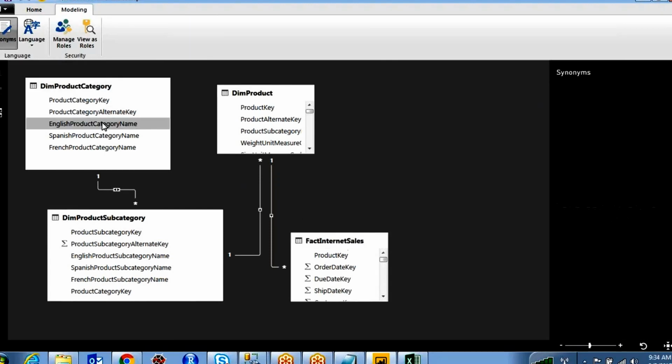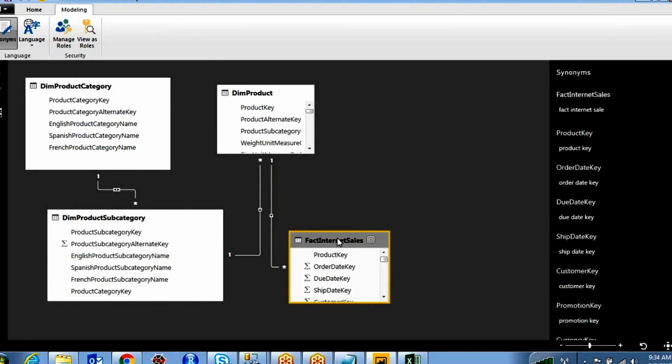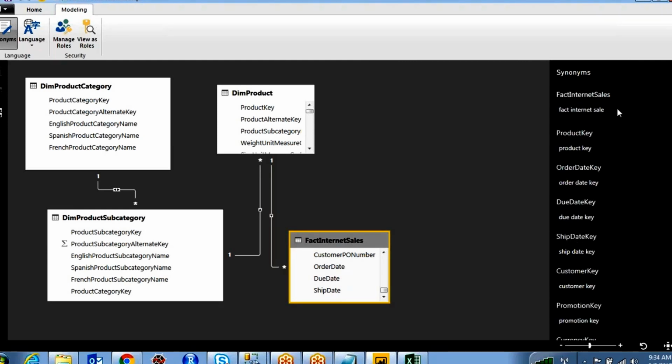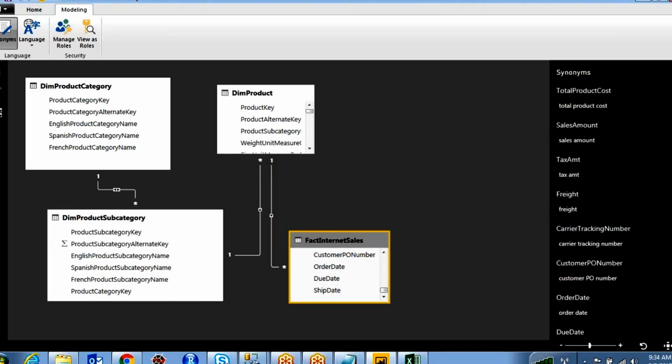For example, for this fact internet sales, whatever columns you have inside this fact internet sales table, all the list of columns come here. Synonyms means you can give different names for this one. For example, for the table fact internet sales, if you observe, there is sales amount. I'm going to give one synonym, sales AMT. What is the advantage of giving sales AMT?